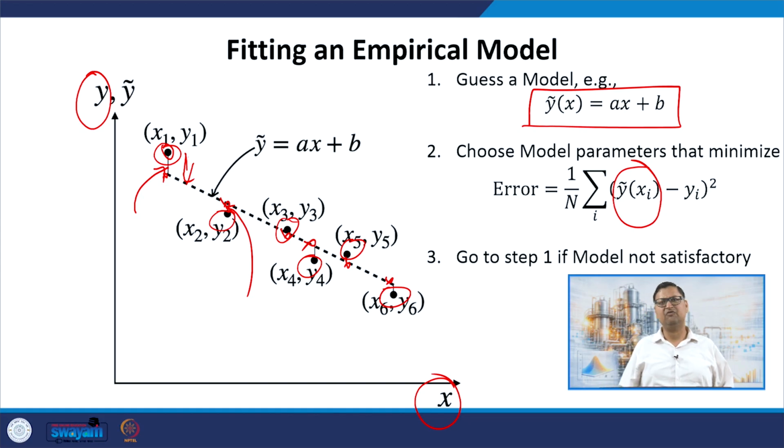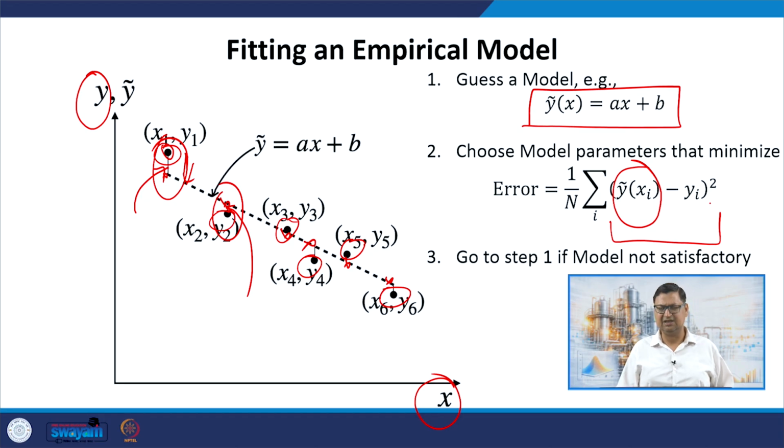It is obvious why we are squaring it. If I do not square it, you can imagine that you will have some positive error at certain points and negative error at certain points, and they may cancel each other. If they cancel, it may give you an indication that the error is less, but in fact you have high positive error at some point and high negative error at the other point, right? But if I am squaring those error values, then I am basically not accounting for the sign of the error. If there is larger deviation, whether in the positive direction or the negative direction, that will contribute as a